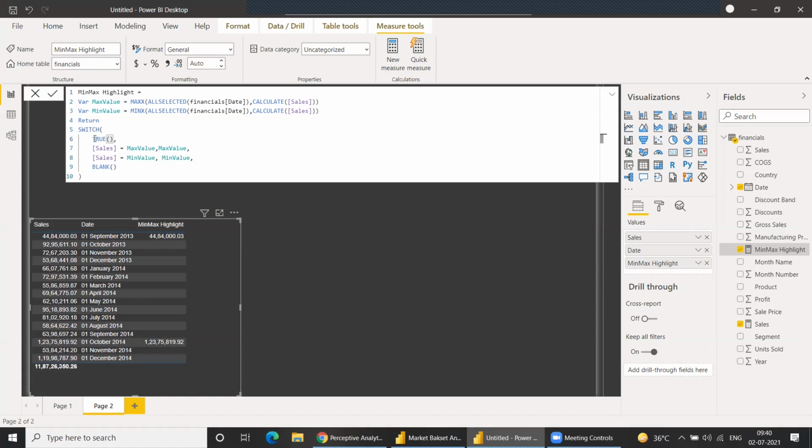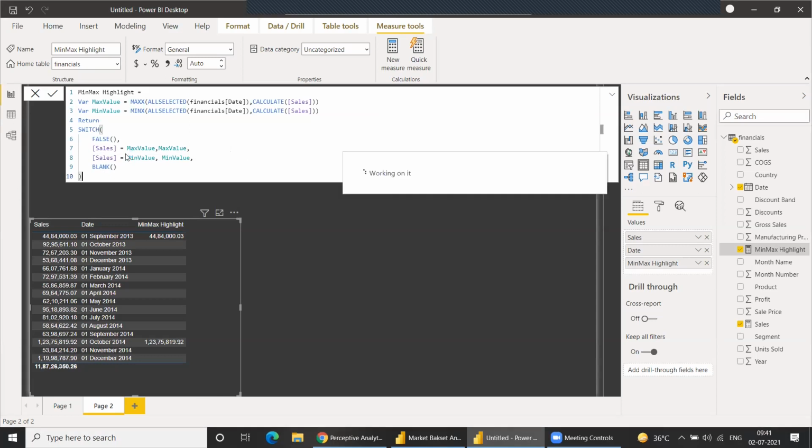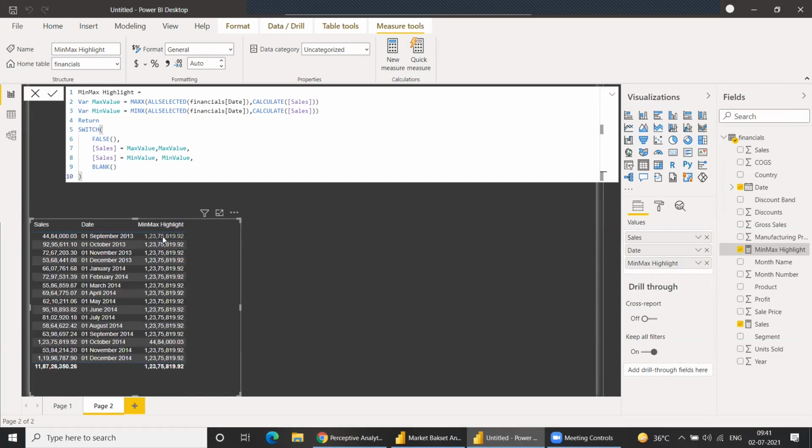Okay. So what about this true? If I make it false. Okay. So this would run only when these conditions are false. So if I just click enter, it will throw me an error here. See, okay. So all are showing the maximum value.